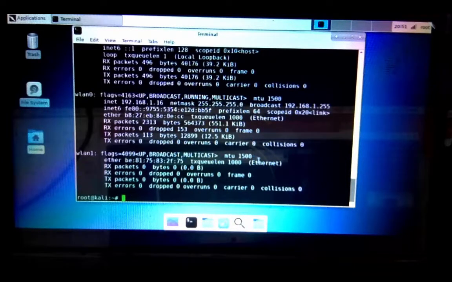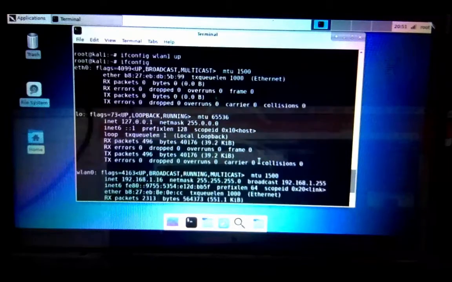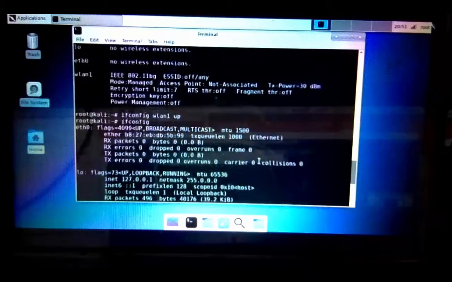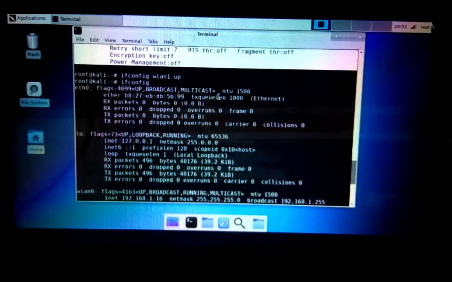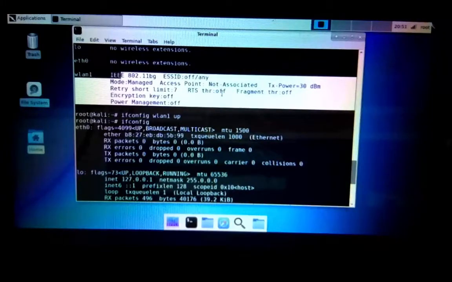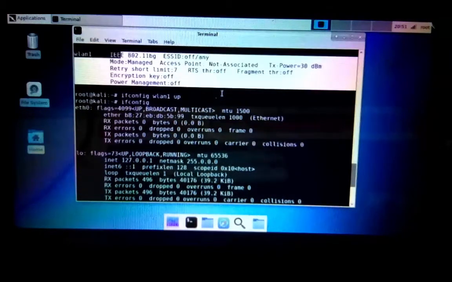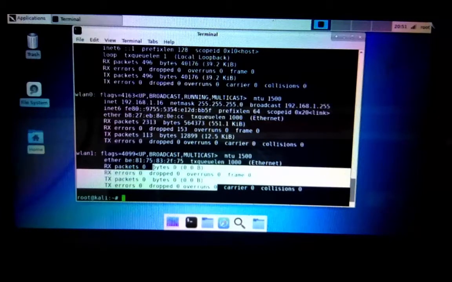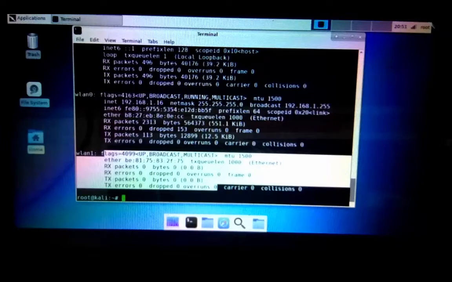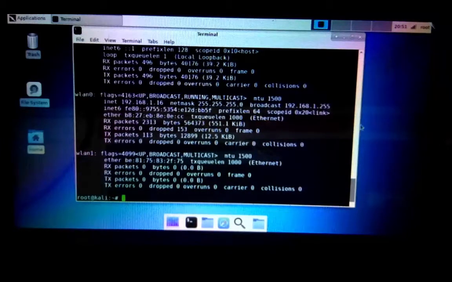And then see here, WLAN1. You see the difference. This RTS is now, that thread is off, but now it is somehow ready, right? Because we did start up that, and now